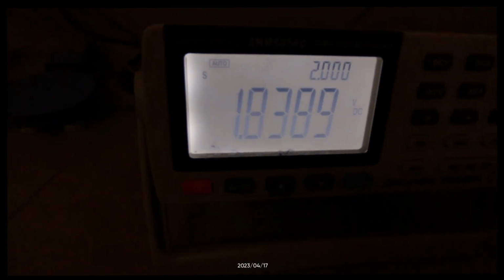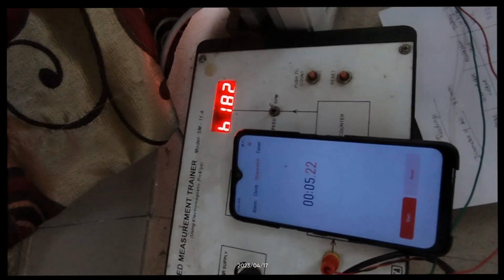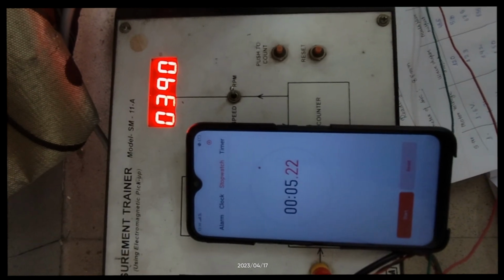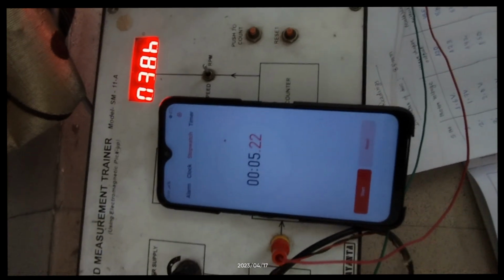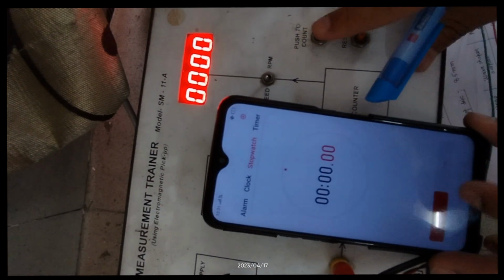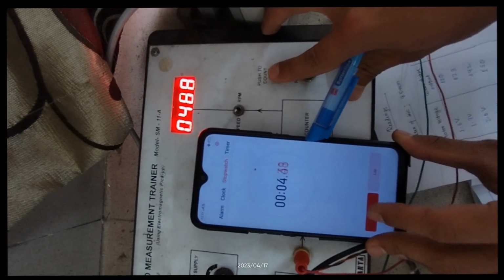Just one more reading. It is at 1.5 volts approximately. The RPM meter displays 390 hertz approximately, and the counter is at 560 pulses in 5.32 seconds. Okay,